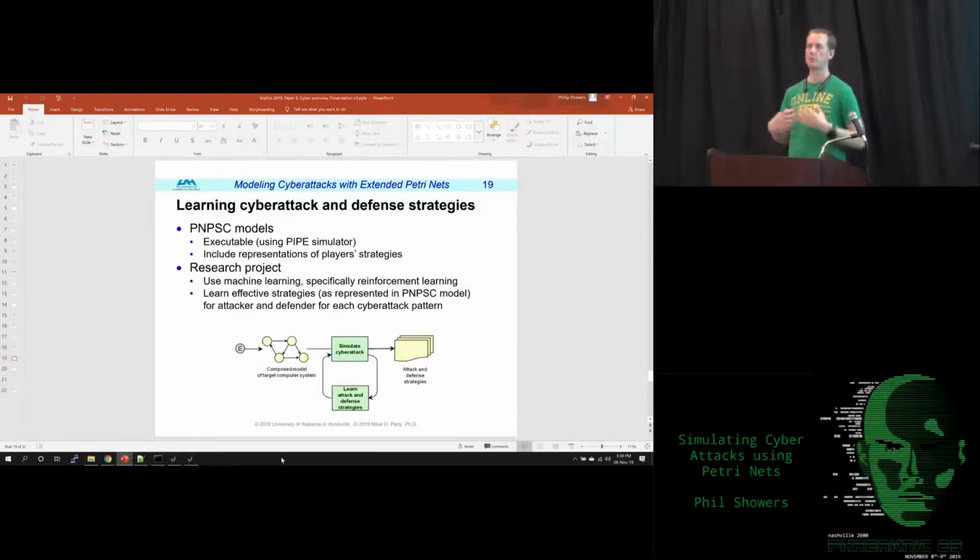So what you could do is train agents on a Petri net, take the strategies that are developed from that, map them into some other simulation, and then play war games with those strategies. But as far as using a Petri net as some kind of control structure in some ecosystem,